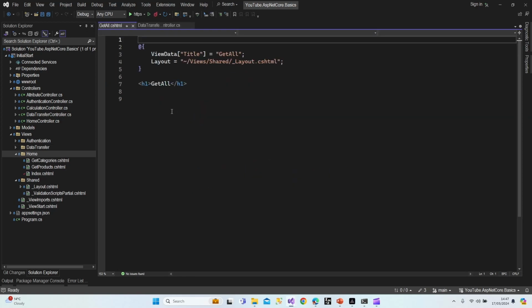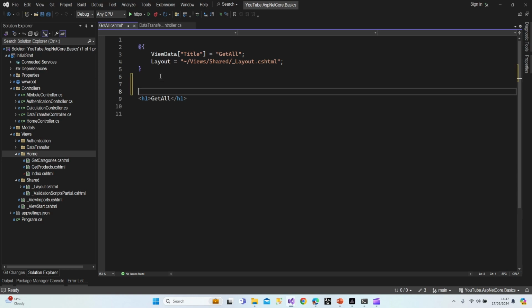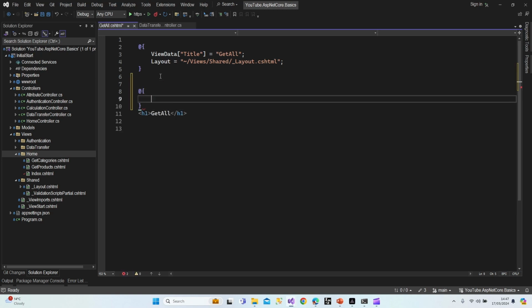What is Razor technology? At the beginning of my lesson, I talked about how we are able to use C# code in our HTML files. For example, let's say var test